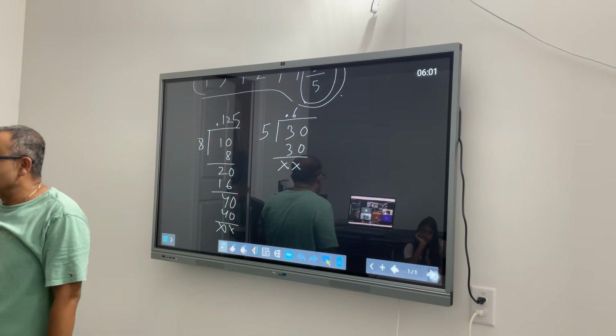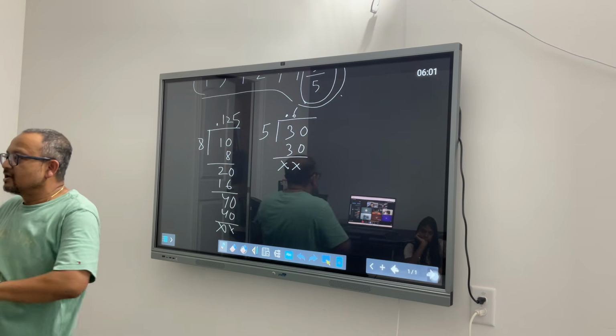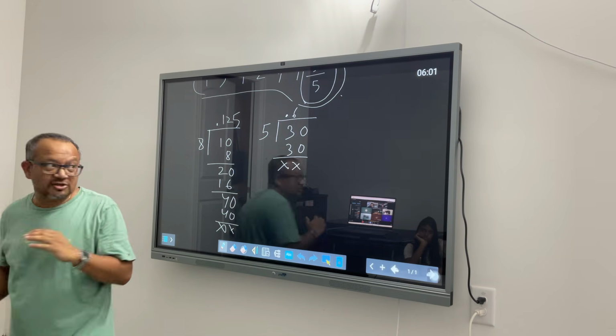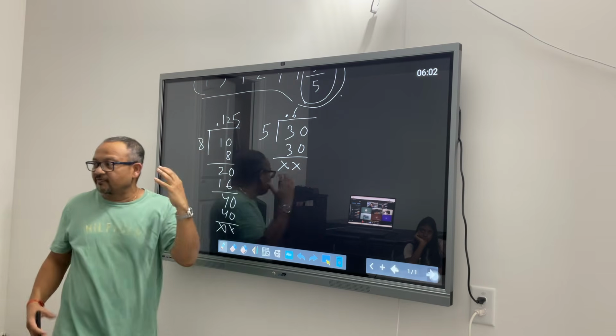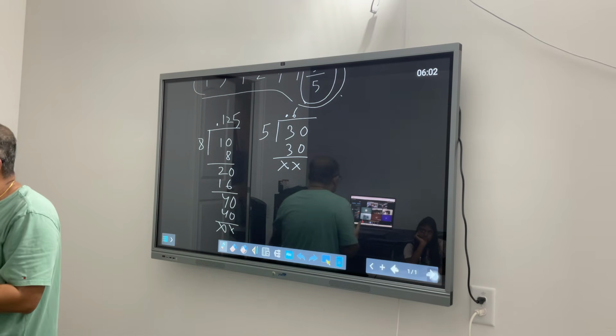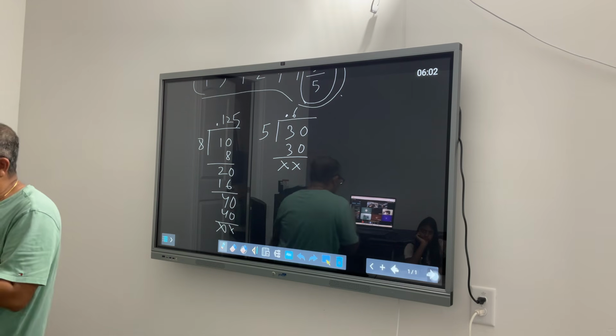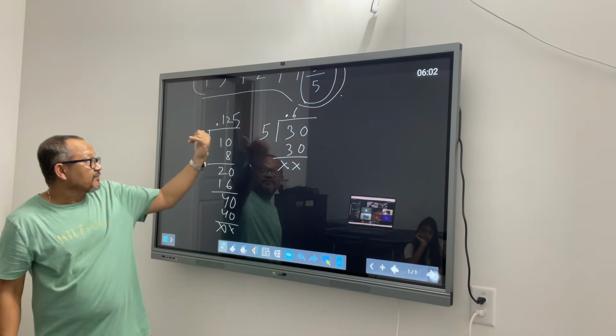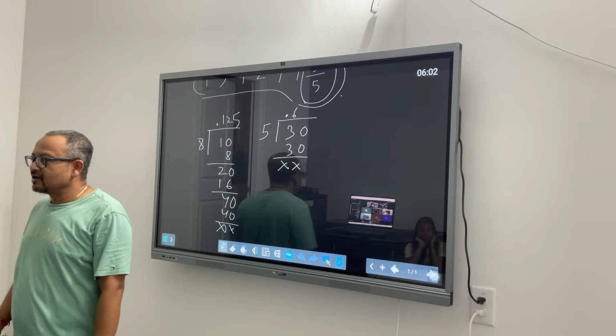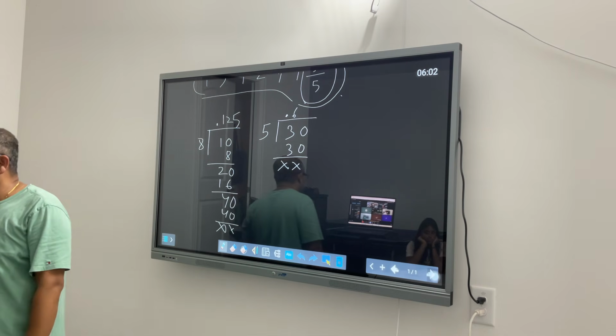Okay? And this becomes our technique. I know this is not something that you will find in any of the books, but this is an easy, fun way to remember how you do fraction conversion to decimal. So whenever you come across this situation where you convert a fraction to decimal, you can call for help from the chicken and you will be fine.